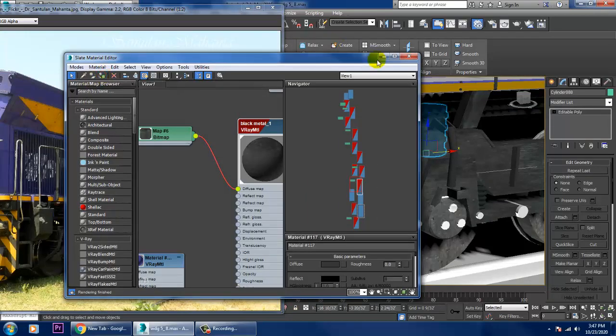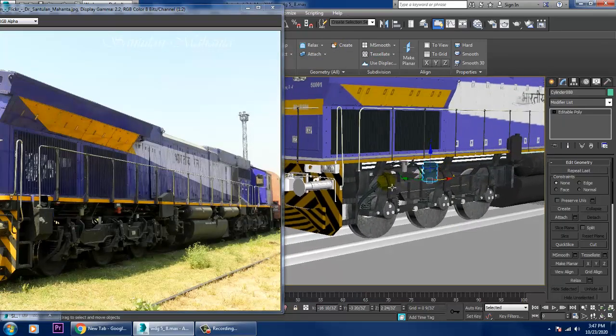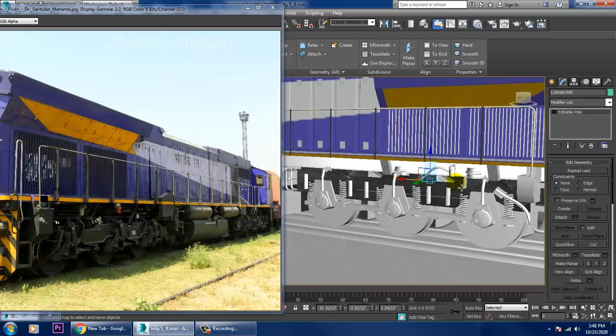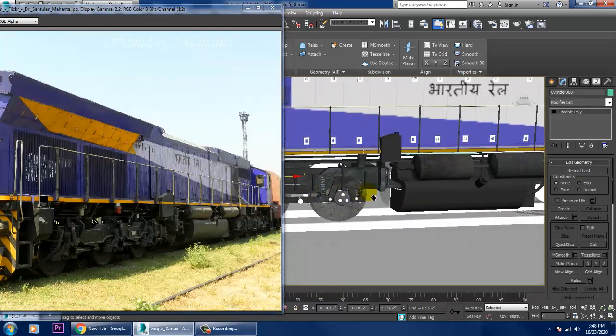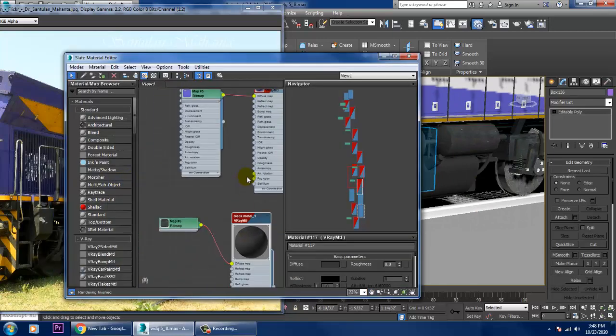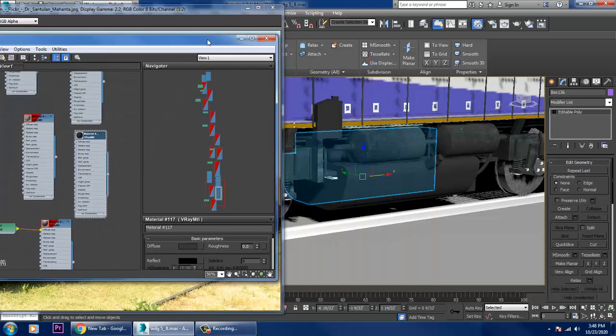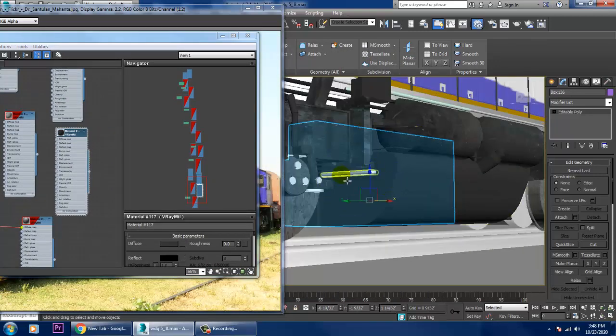Once you've assigned this, select this, again give the same.